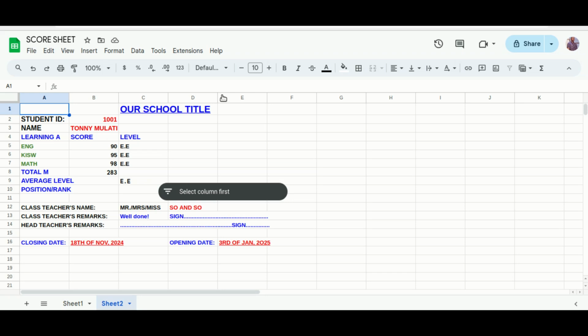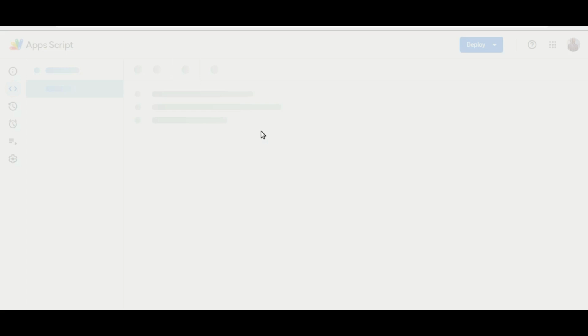It's loading. Let's just be patient. Apps Script is loading, because that is where we are going to write our program